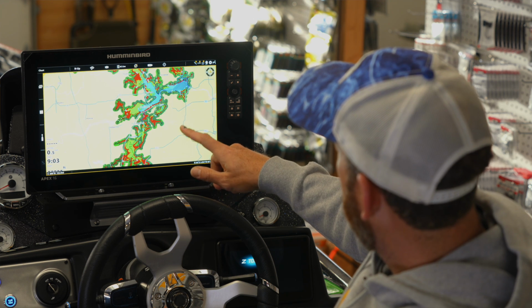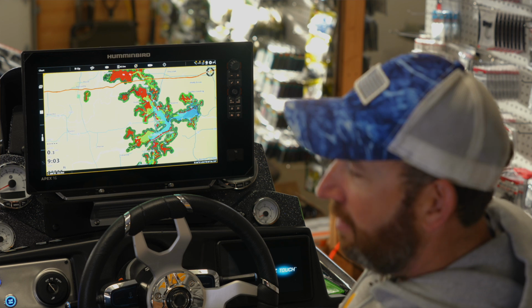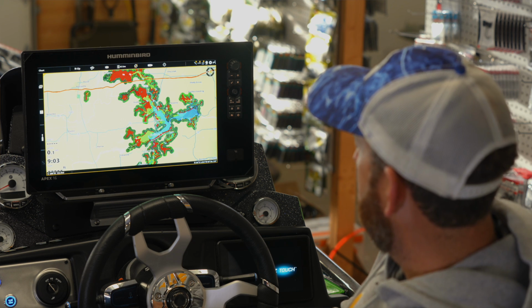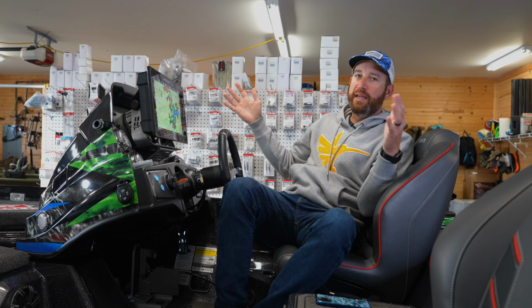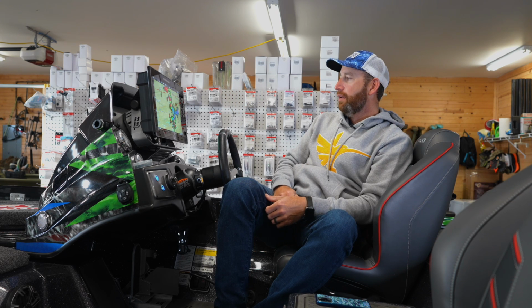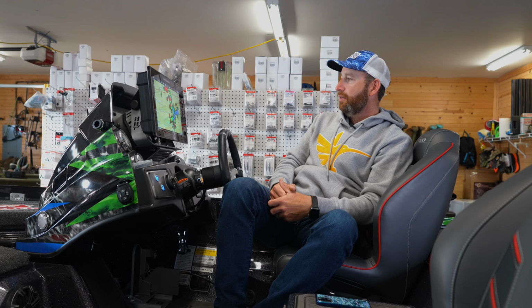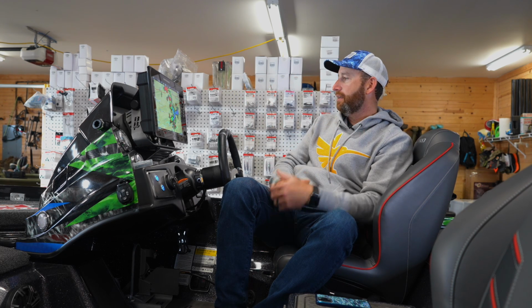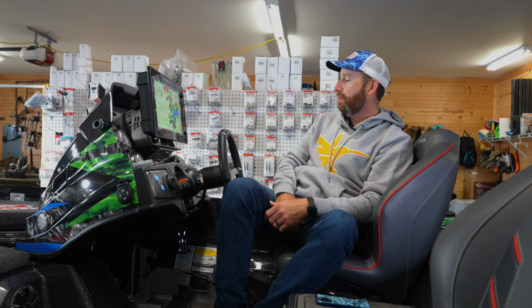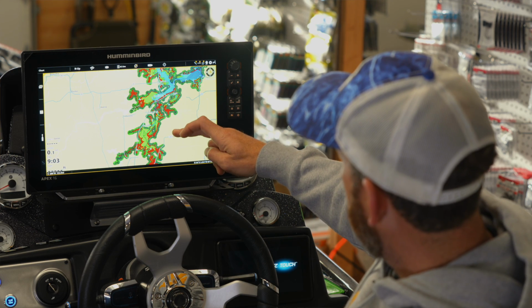But a very, very large lake, and I'll say a pretty odd shaped lake. Most stuff it's narrow on the north end, the upriver end, and then they kind of get bigger as you go downstream towards the dam. It might have a pinch point or something, but generally speaking, most stuff starts small, grows as it goes down the lake, and then that's where the dam is. This one is very, very odd shaped. It's got multiple arms,